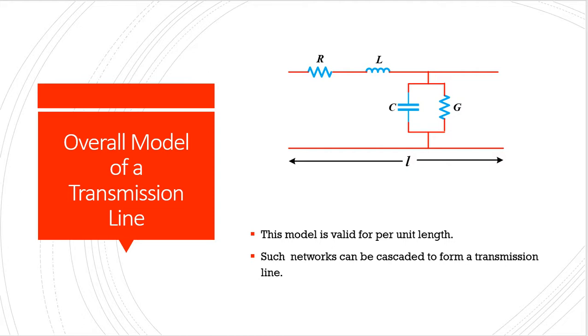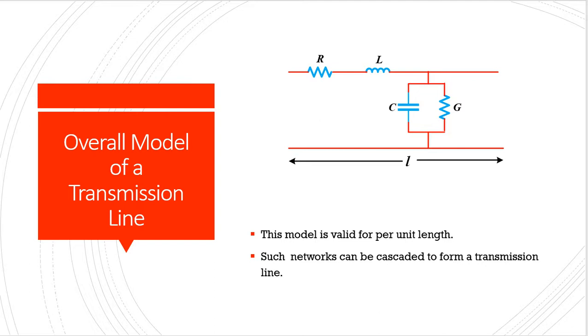As I have told you earlier, resistance and inductance, R and L, both these parameters are always in series, right? Whereas the other two parameters, capacitance and conductance, are applied in shunt, right? Therefore, the series connection as well as the shunt connections will form a proper transmission line. This structure has the length L, and this structure is applicable for a unit length, right? What is meant by unit length?